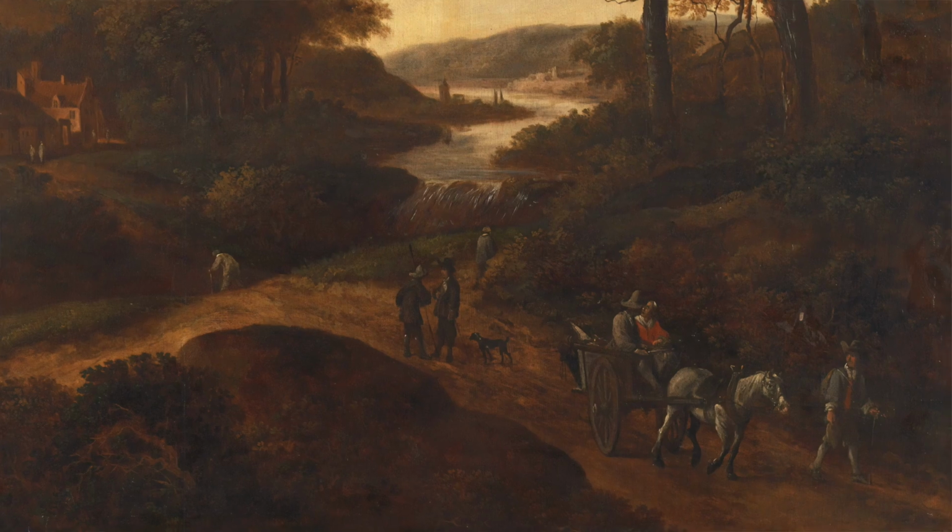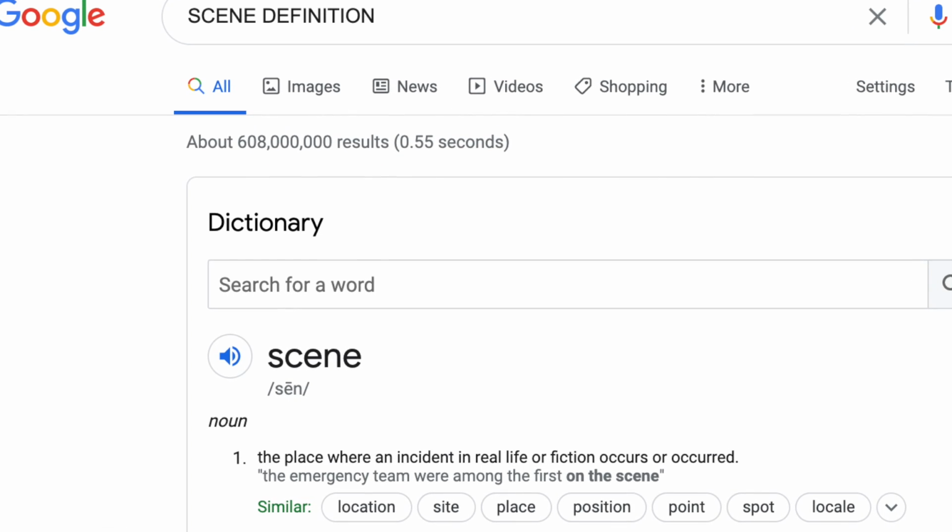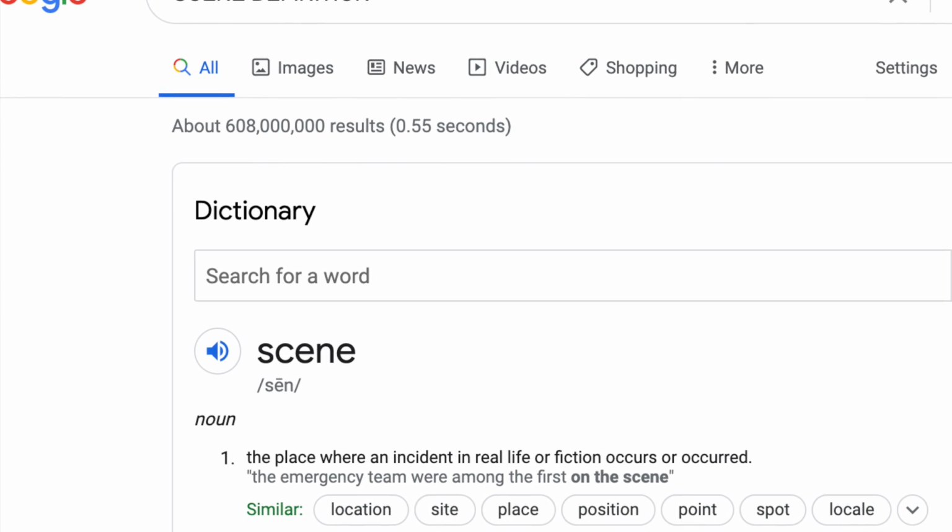So I usually refer to the definitions Google provides. I work from something general towards something more focused. So Google gives two definitions. The first definition for scene that Google gives is, quote, the place where an incident in real life or fiction occurs or occurred. And I don't really like this definition at all, if I'm being honest,